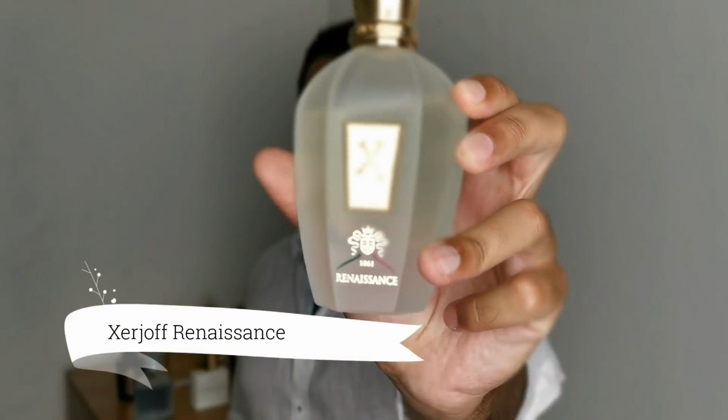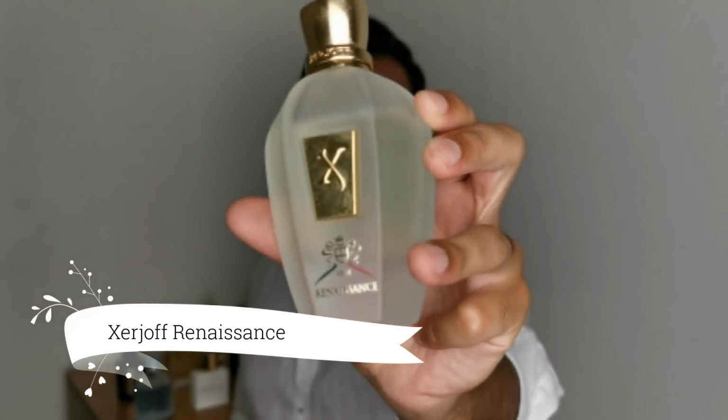Now, talking about my top 3, but actually any of these 3 fragrances could be my number 1 easily, but well, in this case, I will go by this order. From the house of Xerjoff, number 3 spot, the fragrance is Renaissance. This one right here, Renaissance, it's one of the best, if not the best, fresh fragrance that I came across so far. It has an outstanding mint fragrance, very natural smelling,